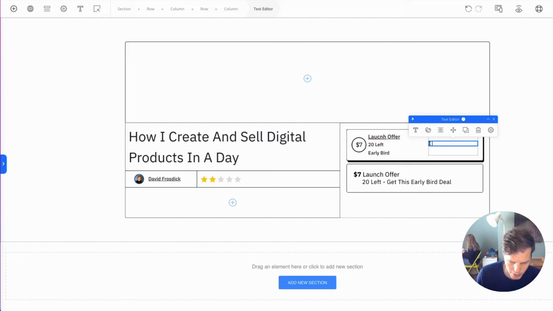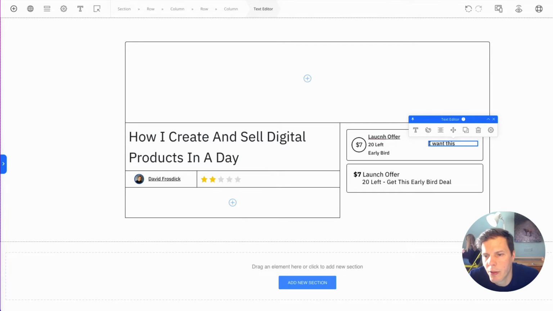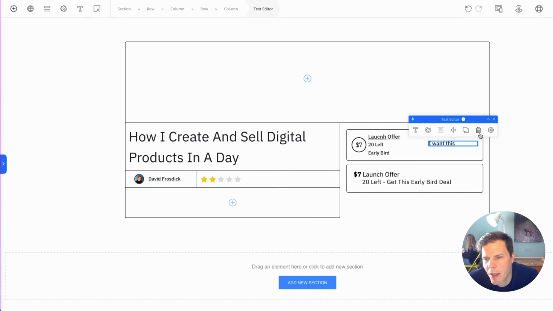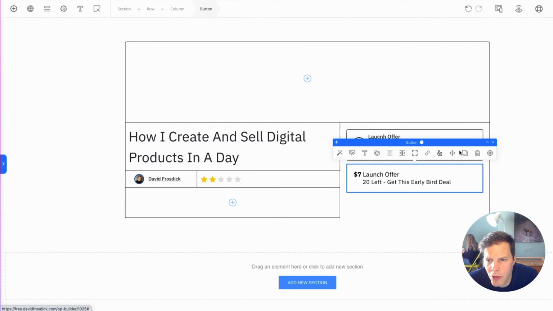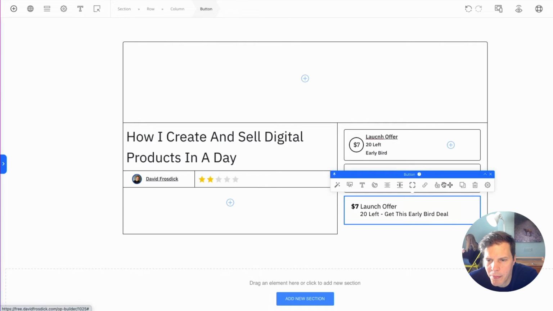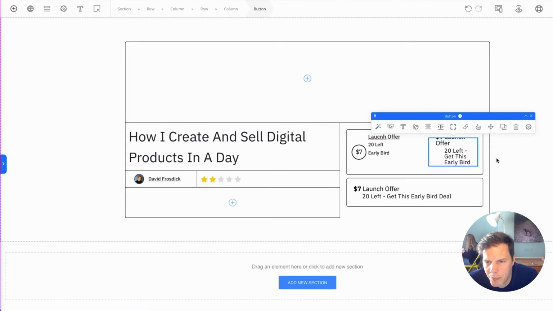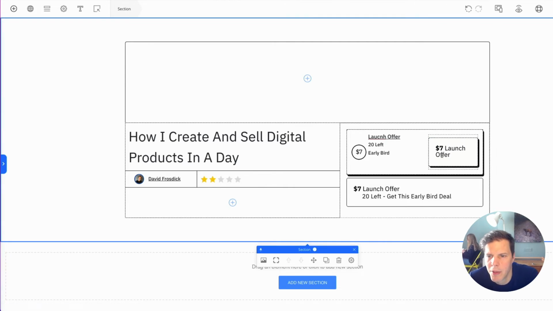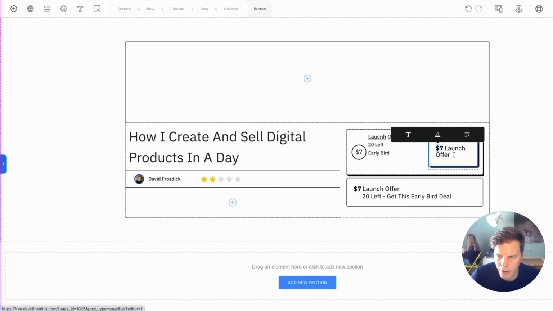Actually, let's put I want this like so. So we could make that a link, or we could actually put a really small button in there. I think a button will just look nicer, so I'm going to put a button in. Let's drop this in, like so, and get rid of all this subtext. And then I'm just going to change the text to say,